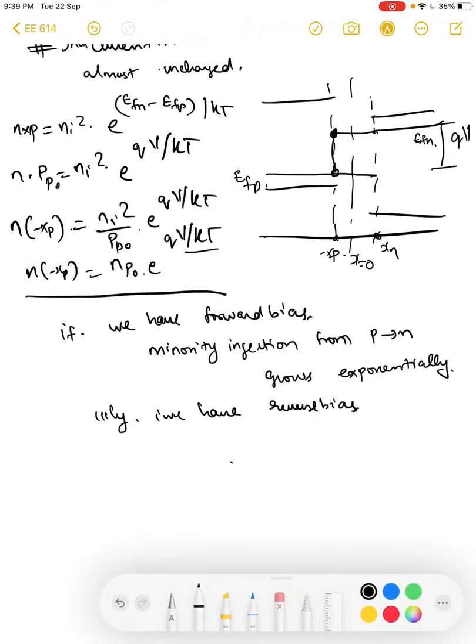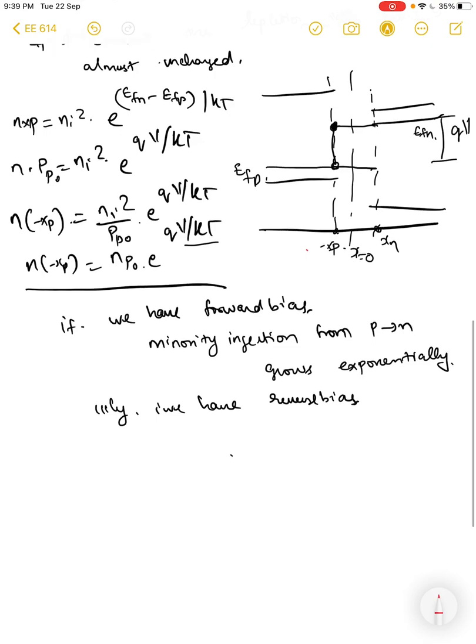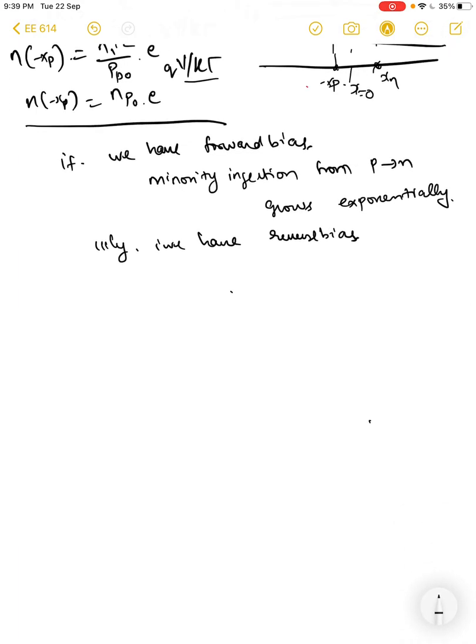Okay, I'm going to choose a different color. I'm drawing the n carrier density for a positive bias; let me draw it separately. I'm drawing n density, right, and this is x is equal to 0, and this is x is equal to minus xp, right? And this is x is equal to xn. You have huge carrier densities till this point, right? This is Nd, and we are yet to see what happens here.